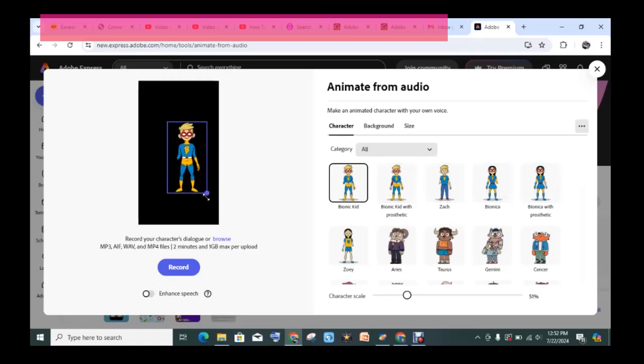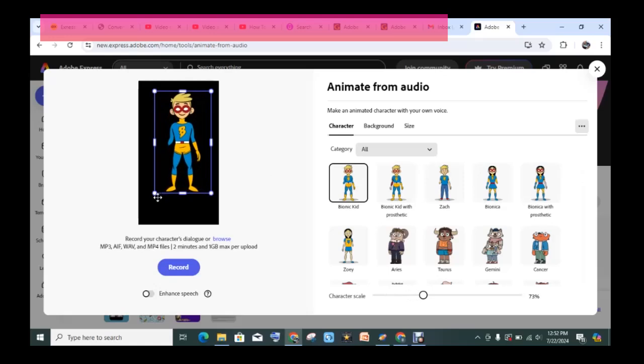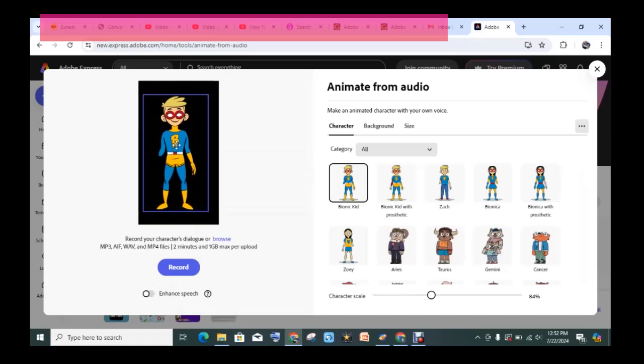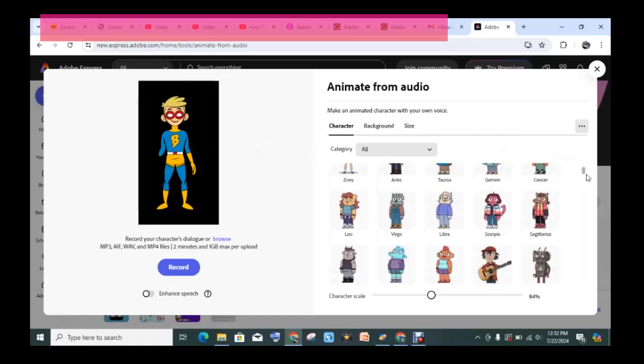But there's a problem with these characters. The character doesn't move. It can only gesture or shake within some axis. So for now, there is no way this character moves. But here it says make an animated character with your own voice. So the only thing you can do with this character is to make it talk. So this is a character. So we're going to trick this Adobe